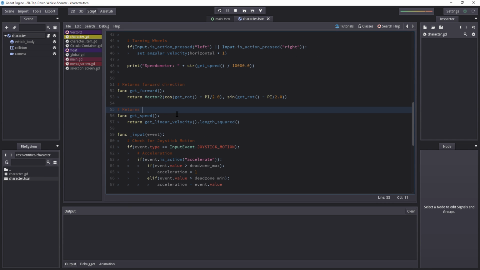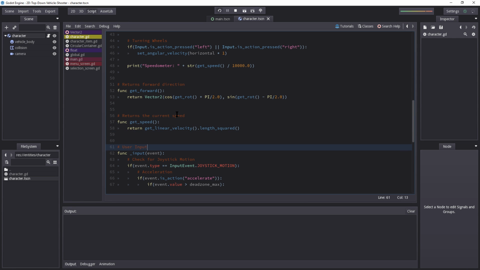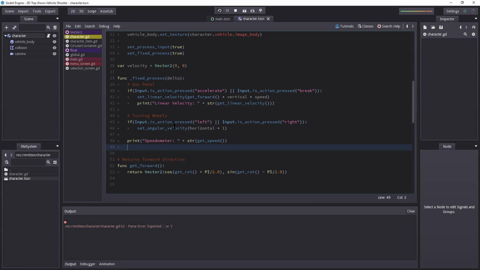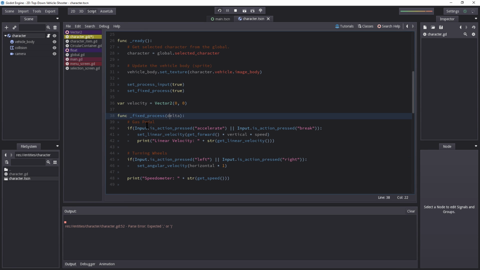It returns the current speed. User input. Actually, I'm going to just divide it in here, so I don't have to use it here. There you go. Okay, let me think. Oh, I forgot one. There we go. Physics process. I'm guessing I'm doing something. However,